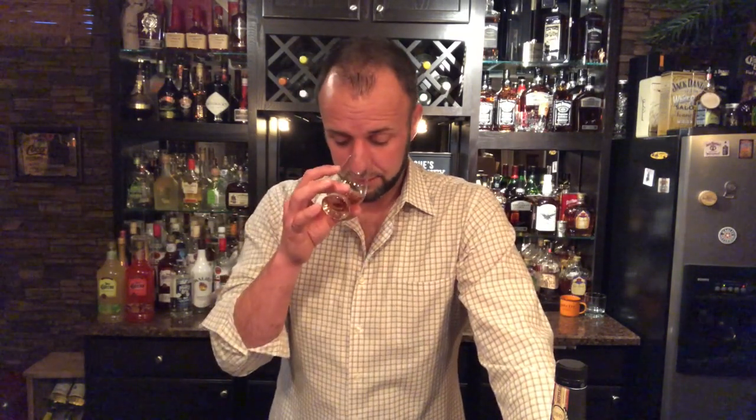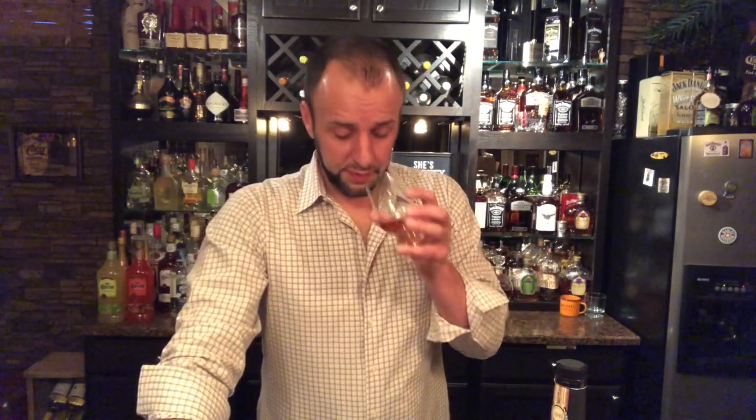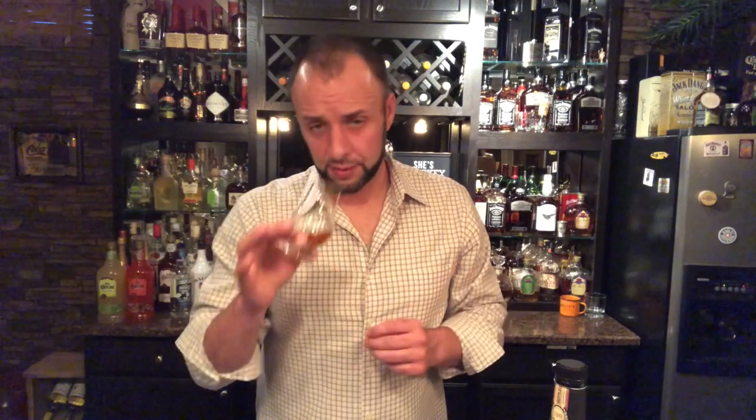A lot going on here. Citrus, instantly. But citrus mixed. I'm getting orange. I'm getting a little bit of lemon. But what's interesting is the spices that are in that orange and lemon. Definitely cinnamon. Definitely clove. But there's a fruity component to it right at the end. Orchard fruits. And just at the end,